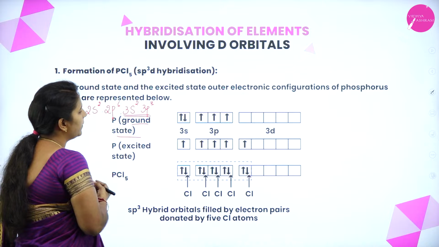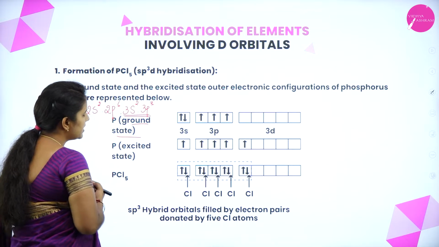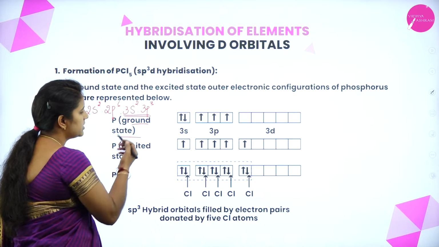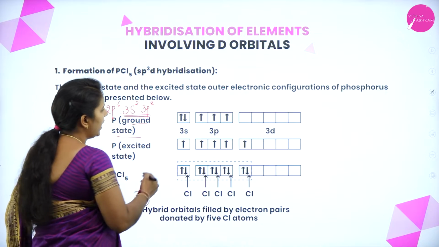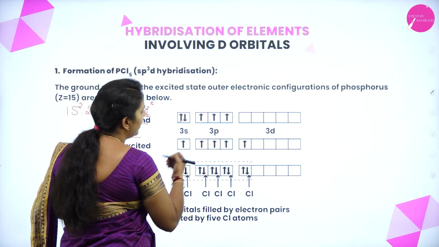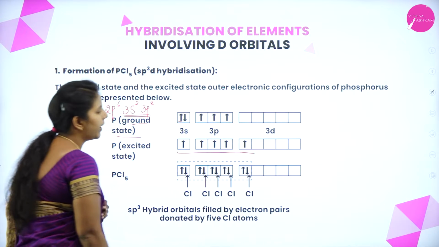in the 3s orbital we have one pair of electrons. Similarly, in 3p we have 3 electrons. This is in the ground state. During the excited state, what will happen? One of the electrons from the 3s has been shifted to the d orbital and makes 5 unpaired electrons